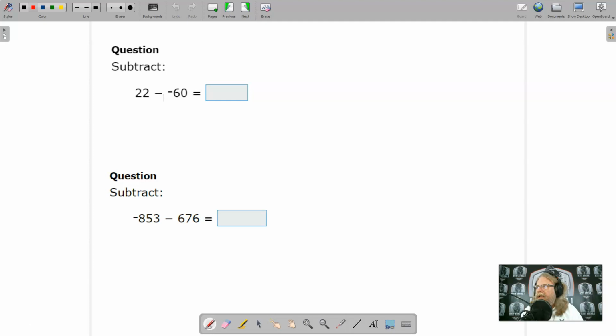22 minus negative 60. Remember, I would prefer to add. So let's do 22. Subtraction becomes addition. The opposite of negative 60 is positive 60. And all of a sudden, this becomes not so difficult, and we end up with 82